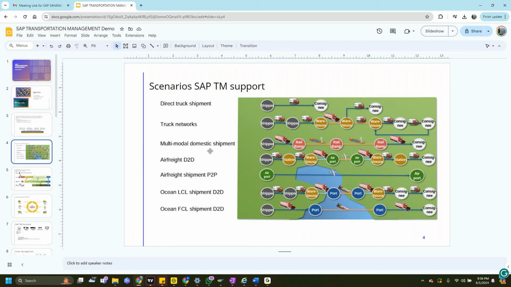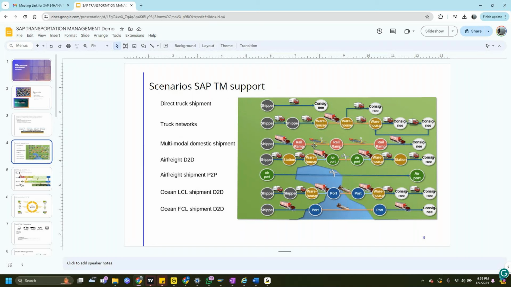There are again vessel operations, like we have to book a container. That container has to be checked by the departments over there. Then it has to be loaded and placed on a vessel. And then from the vessel, it goes to a Dubai port, and from Dubai port, we go into a particular warehouse again. So there are three legs involved here: a truck, a vessel, that's basically a container ship, and then again a truck. That is called a multimodal domestic shipment.